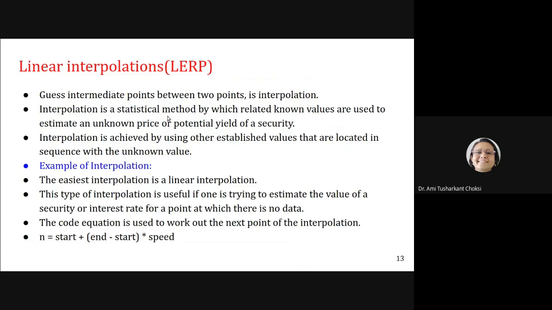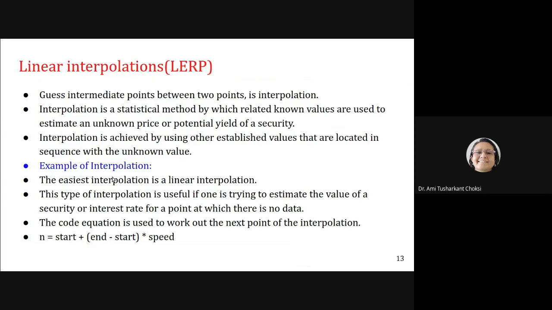Interpolation is a statistical method by which related known values are used to estimate an unknown price or potential yield of a security. Interpolation is achieved by using other established values that are located in sequence with the unknown value.